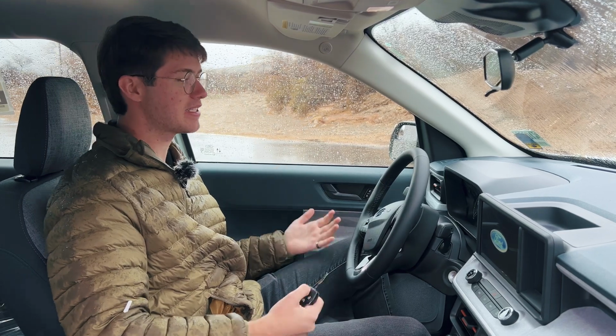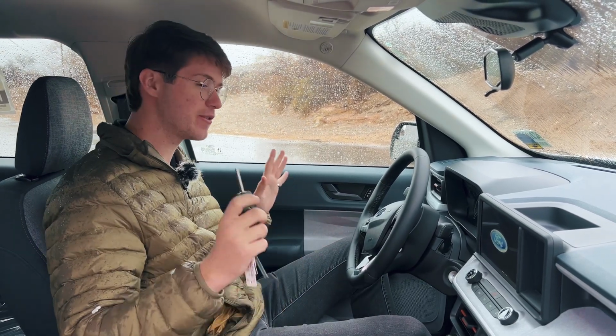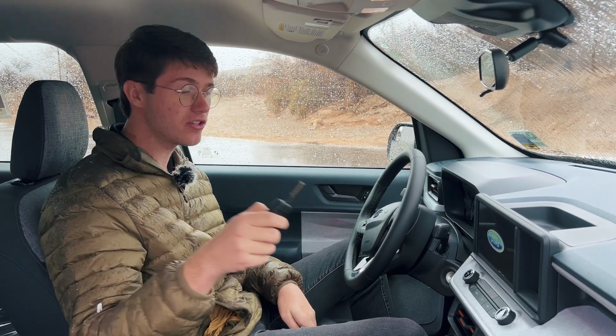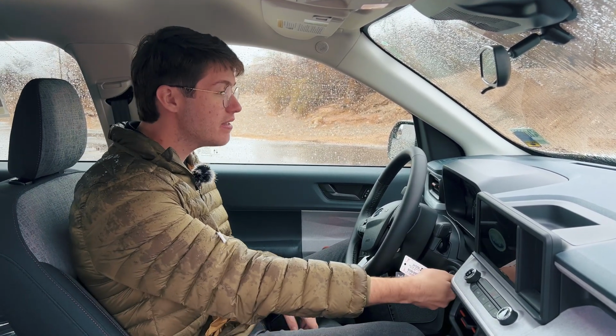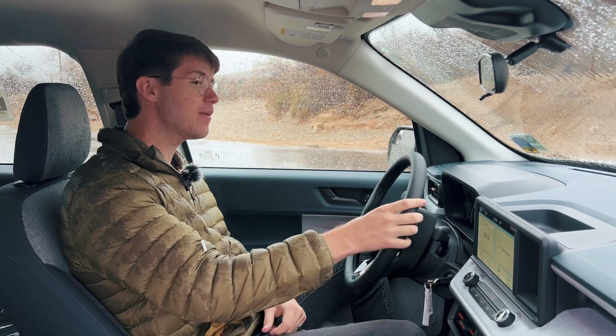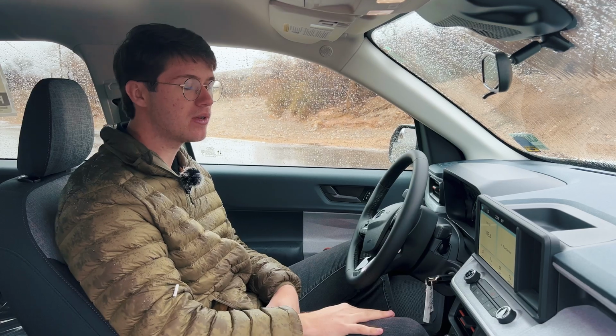Now on the interior of the Ford Maverick, I can't be completely biased. I do need to inform you there are a few things that aren't spectacular about this car, and a lot of it comes from the interior. First of all, there is no push to start. This is still your classic key. You put it in, you spin it. But honestly, a lot of people like it, and it really is preference at that point. I still put a key in my car to turn it on. I'm not push to start, so at the end of the day, it doesn't really bother me that much, but you have to know. On top of that, the infotainment screen is a little bit smaller than usual,